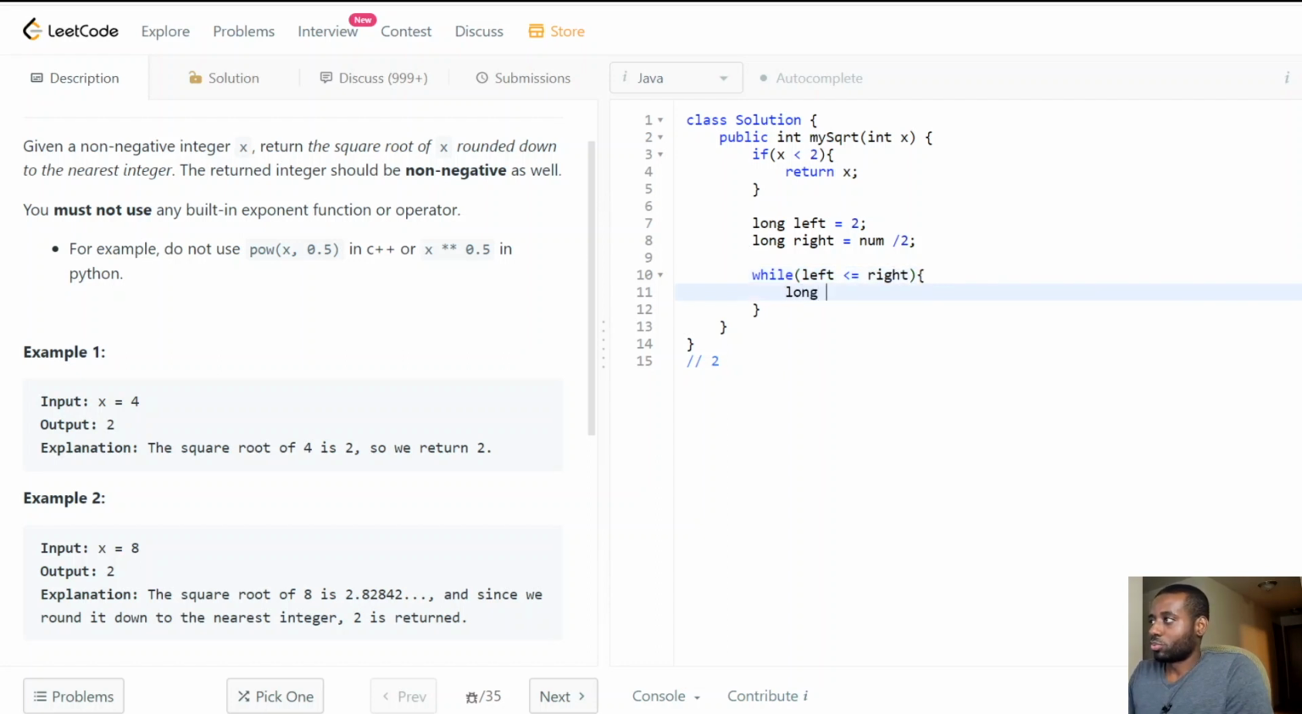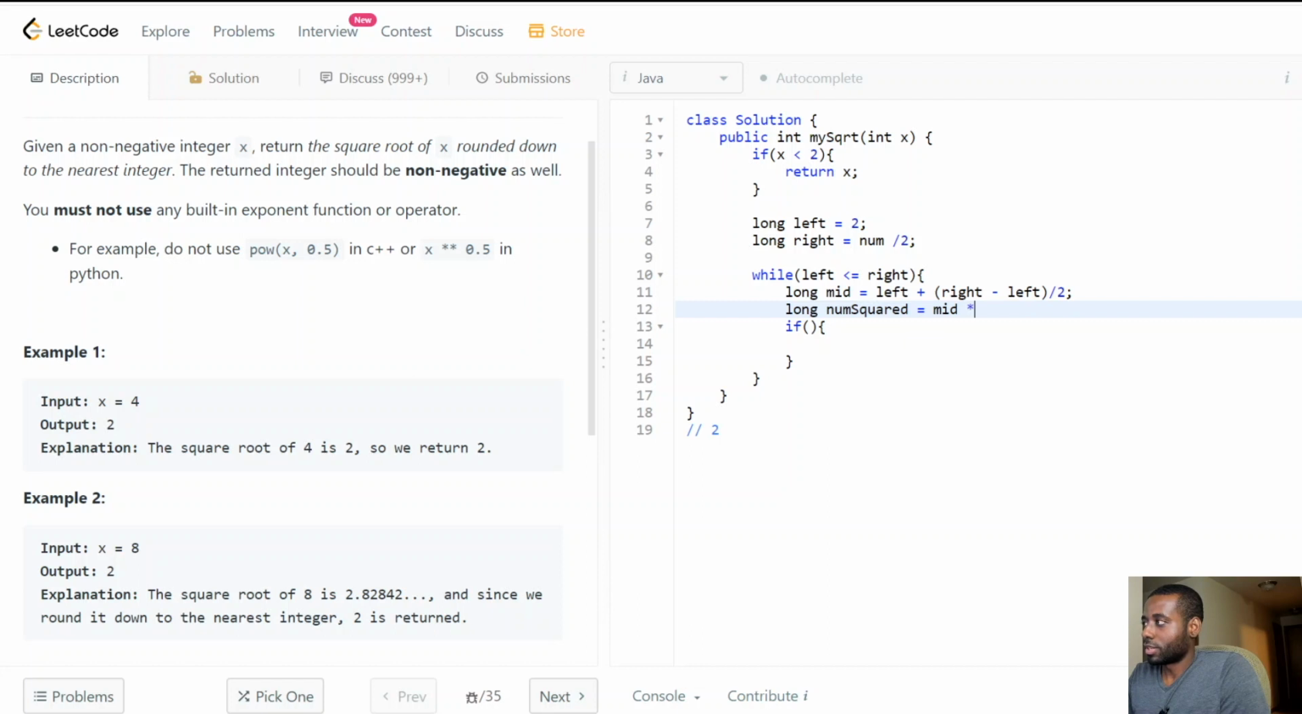We're going to calculate our midpoint as well. Okay, we'll make sure to use long, right? Because the numbers can get very big. And what's next for us, right? We're going to do a check. Let's also get our number squared, right? So a number squared is going to be the mid times mid, right? See how we're going to calculate that, right? So we check if that number squared,